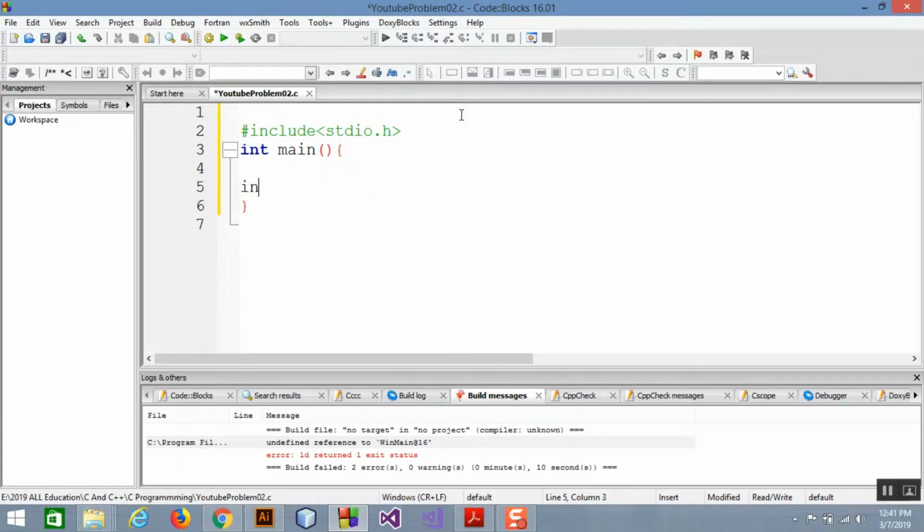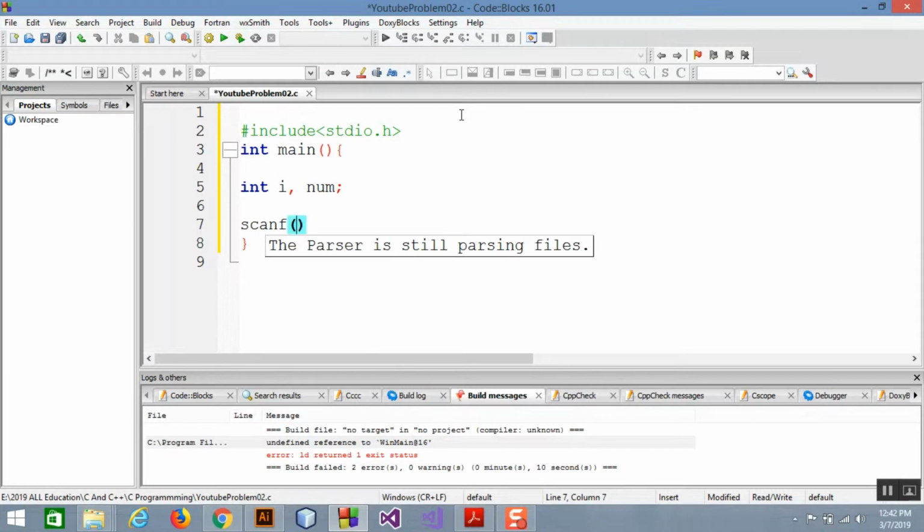Declare an integer variable i and num, where the number is taken from input, the number taken by the user. scanf("%d", &num);